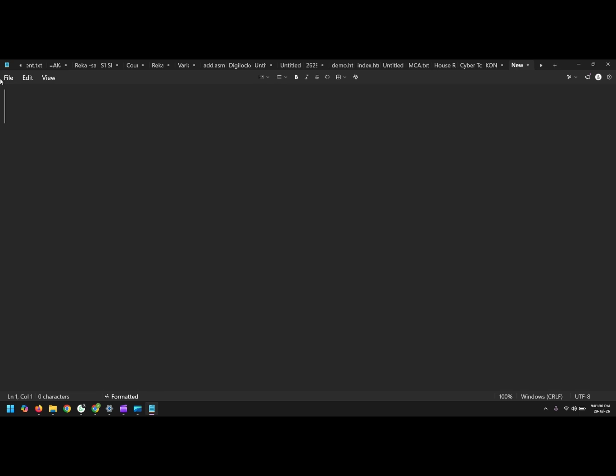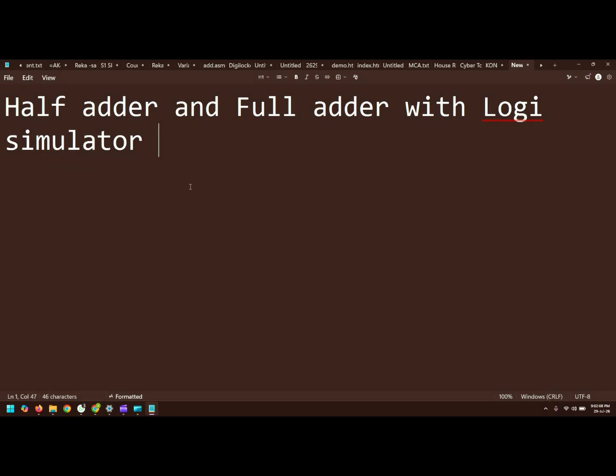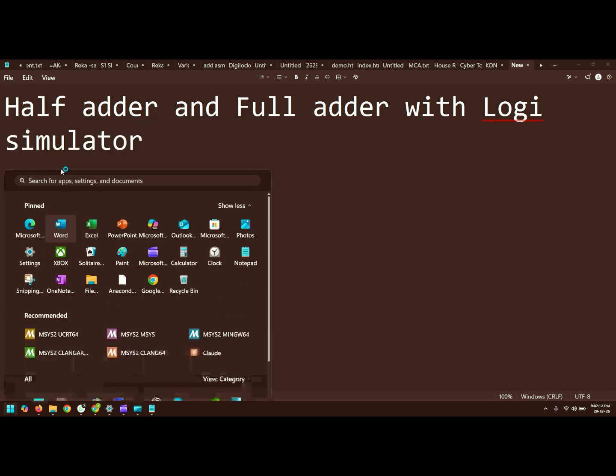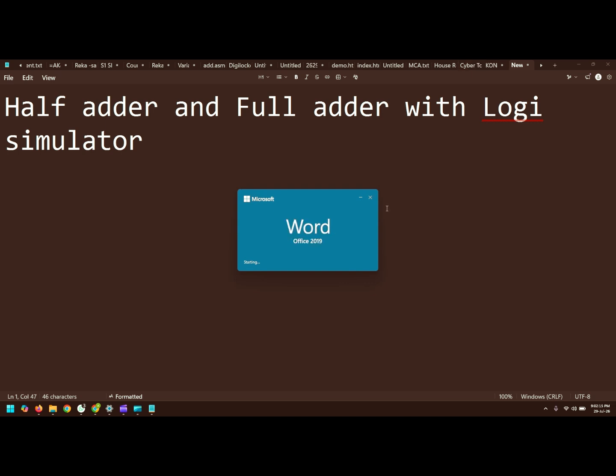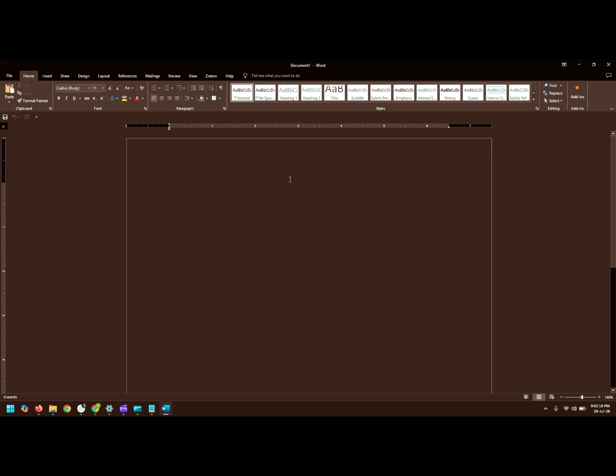Today we're going to see the topics half adder and full adder with a logic simulator. Directly we'll go to the half adder circuit. We already know the half adder circuit, so only the circuit with the truth table we'll see. Okay, first